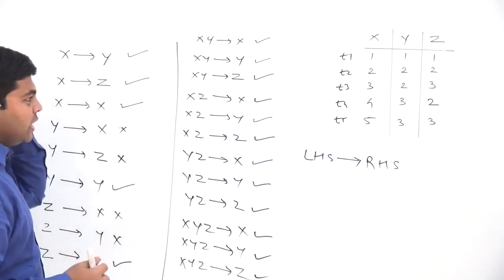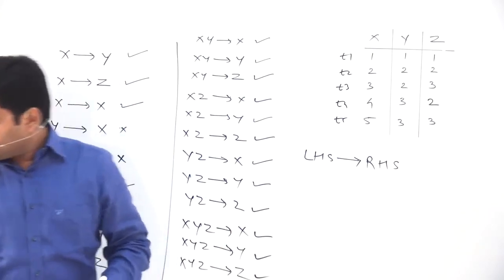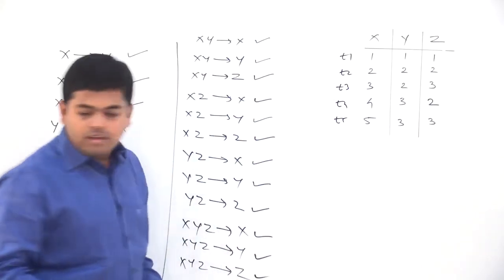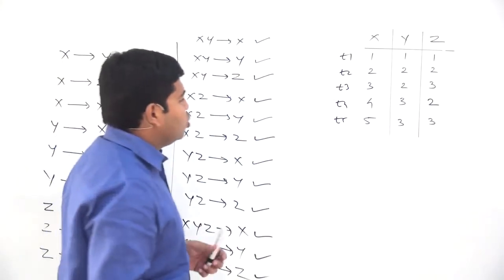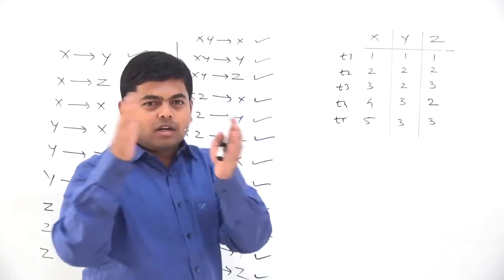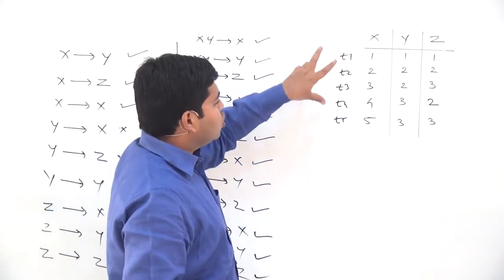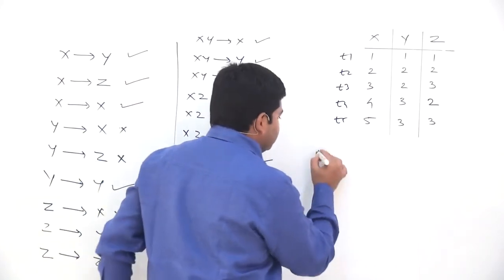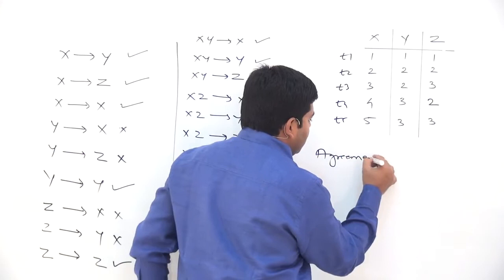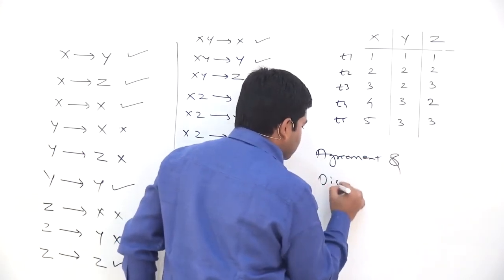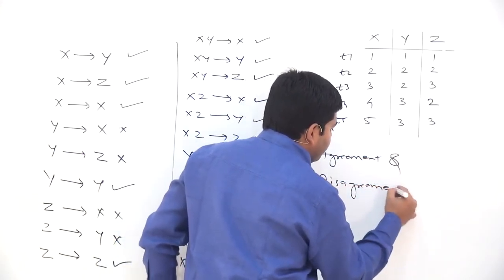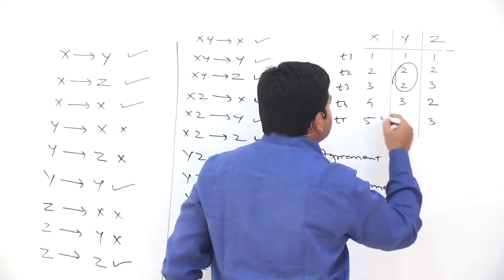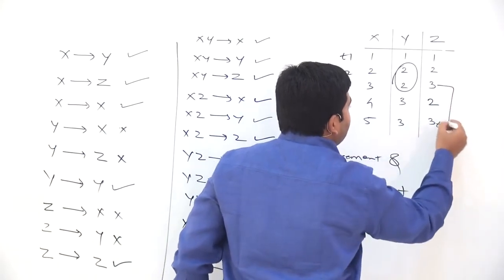Okay. Now let us see, there is one more angle for defining FDs. There is one more way to define an FD. Let us look at that. But before we see yet another definition of FD, we need to see a terminology, and the terminology is that of agreement and disagreement. Now whenever the values repeat, that will be called an agreement.